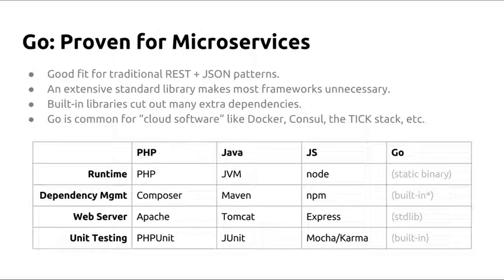I mean, just think about everything that's built into the standard library, as we've shown here. You have REST and JSON support. You have a common web server that you're going to be using for all of your Go projects. The same unit testing framework. Just all of that is built in. And we try to list some of the technologies that we use in other languages at Qualtrics here. But with Go, it's just all built in. And like Tyler said, as you move across projects, you don't have to learn, say, Maven if you've used a different dependency manager before.